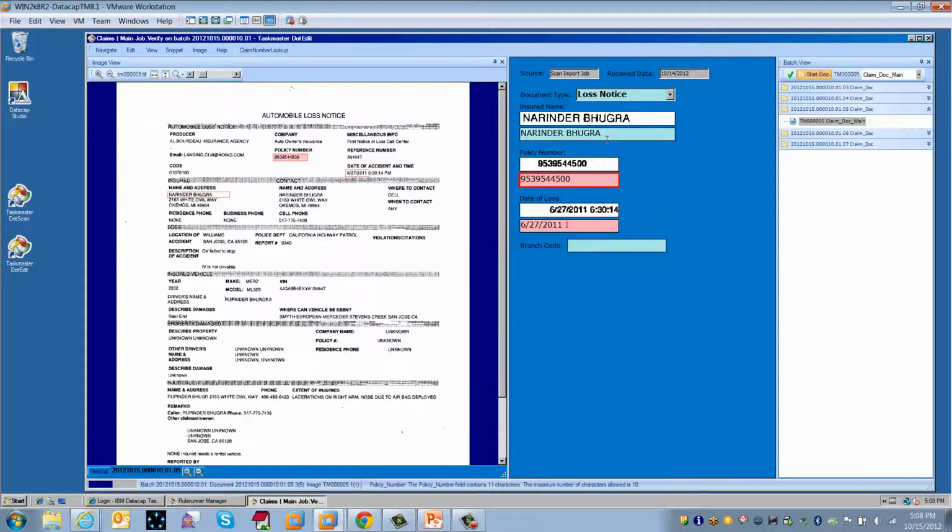Validation failed. Policy number field is not correct. We know that. F6. Validation failed. Date of loss. You can see it's not a valid date. So we'll correct that. Now, you can see we're on the third document. There's a fourth and a fifth document. When I press F6 from this field,